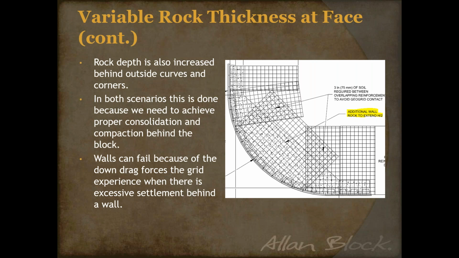It's really intended for compaction, and so that's why in these scenarios we're increasing it even further behind the wall for more proper compaction behind the wall on taller walls. And so that's why we change the terminology across the industry, actually, not just Allen Block, and it's referred to as wall rock. Walls can easily fail because of down drag forces that the grid experiences when there is excessive